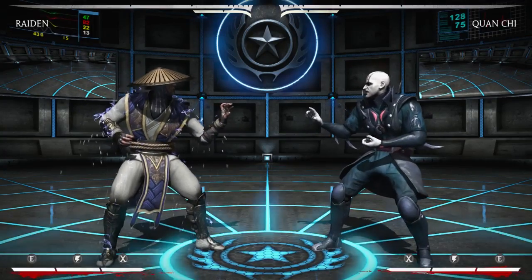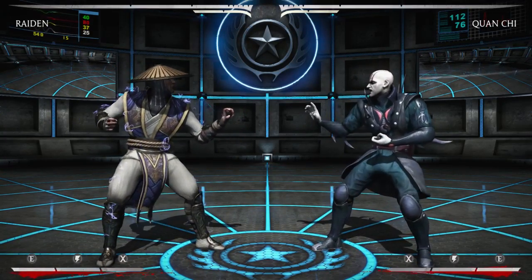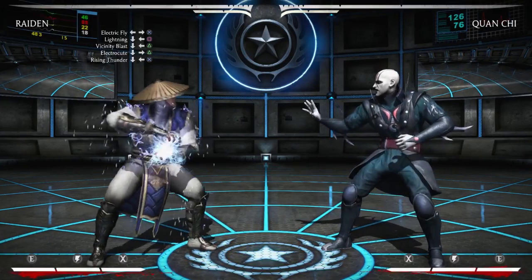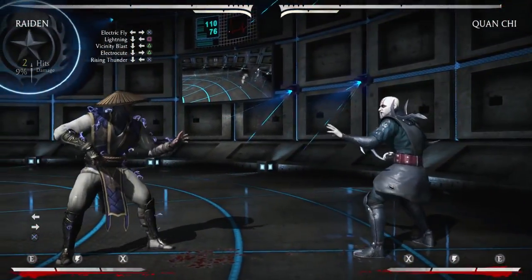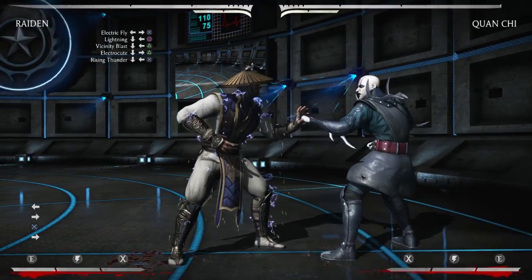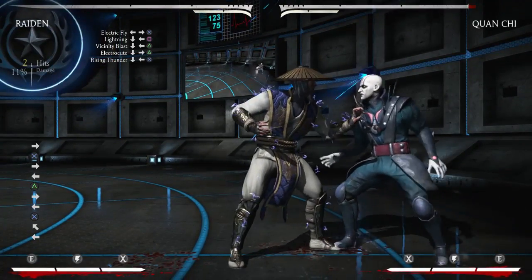To start things off, let's discuss his universal special moves. These special moves are available in every variation. First on our list we have Electric Fly. This attack does a lot of damage, has pretty good range, and most importantly, carries the opponent to the corner, which is great for your mix-ups, since Raiden has a low and an overhead that both combo for big damage